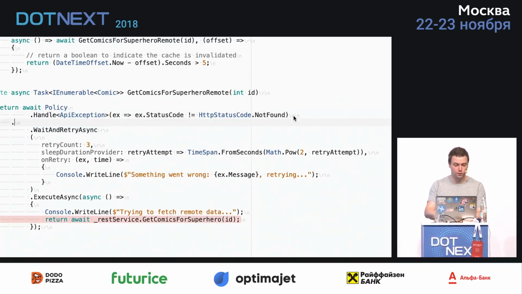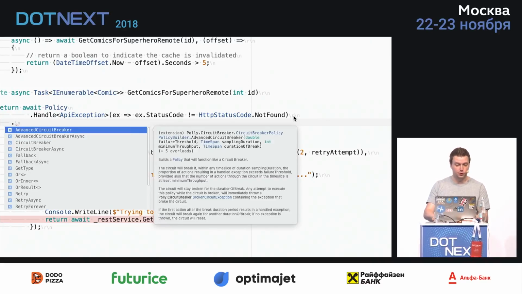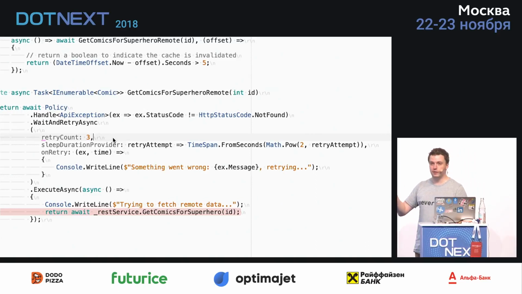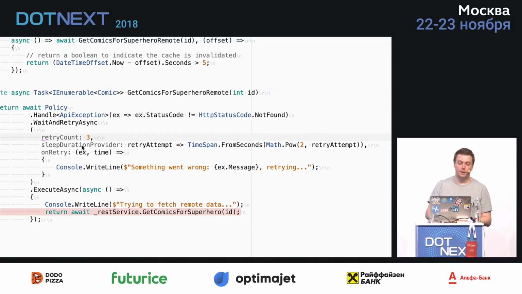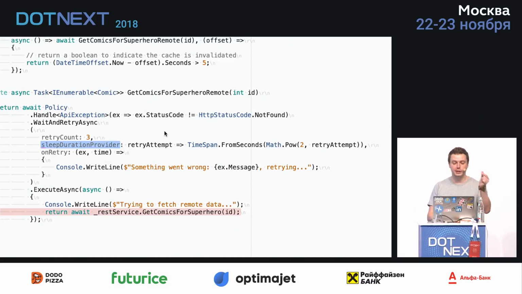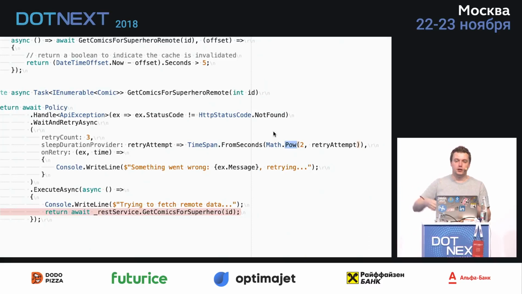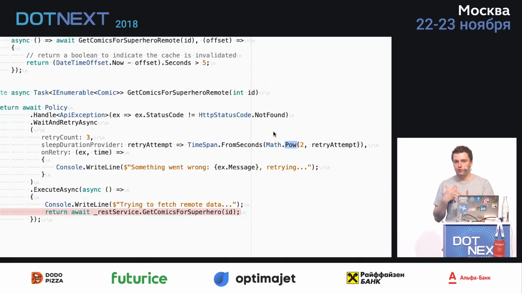There's also the fallback and the circuit breaker, all the options that I mentioned earlier. But I am going to retry it here. And I'm going to say I'm going to retry it at a maximum of 3 times. And you can also put a little sleep between them. So I use the math.power here. So with each attempt, it will go to the power of 2, so it will also wait each time a little bit longer before it retries again, so that we don't DDoS the server